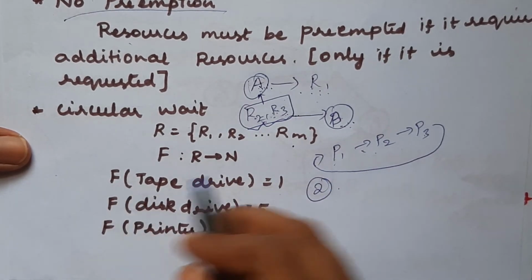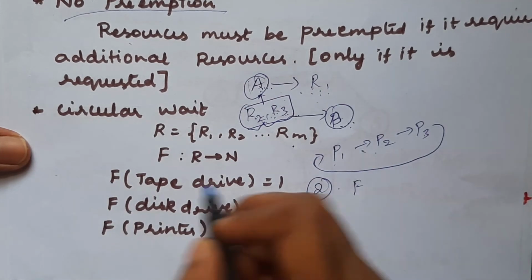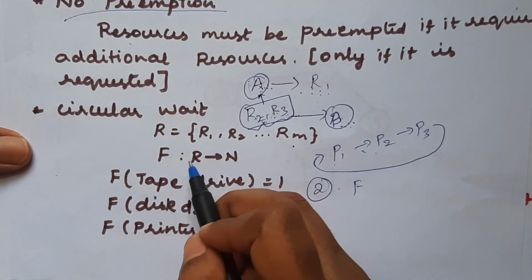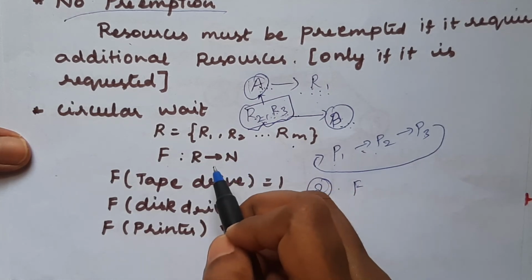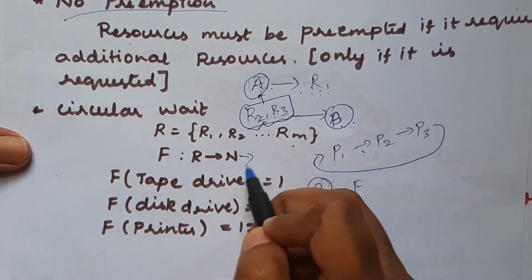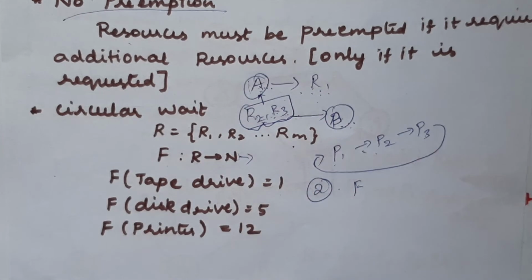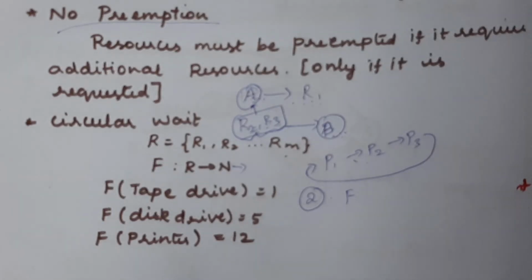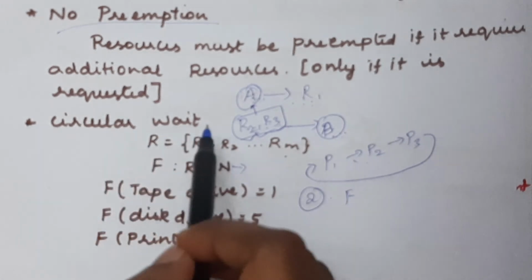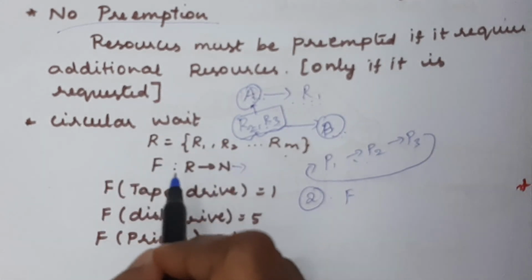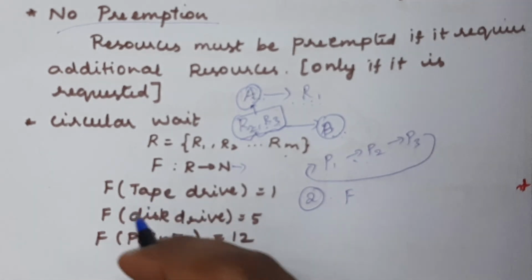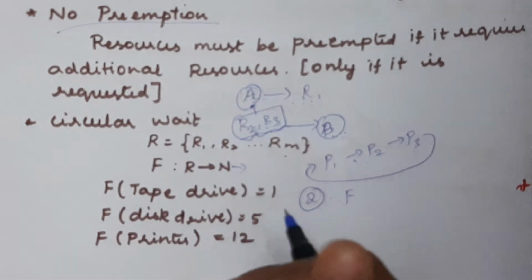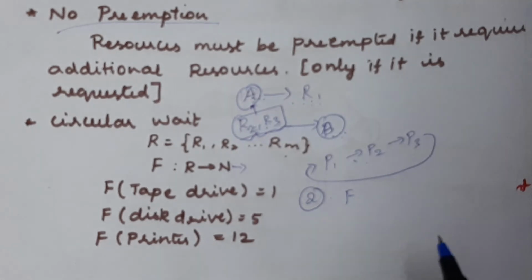First one is, there is one resource F, there is one function we need to follow. Resource must be allocated to the process. So here n is nothing but integer values. So the fourth and final condition is circular wait. So how to deny this condition to prevent the deadlock? So we need to follow the increasing order of allocation as well as the release of the resources.